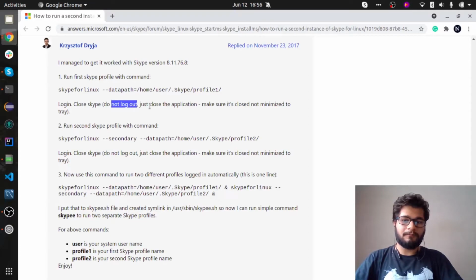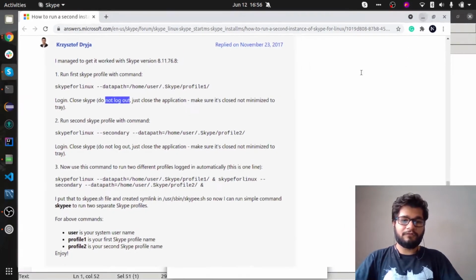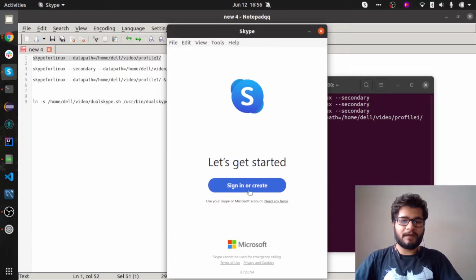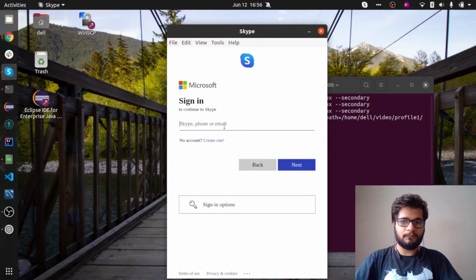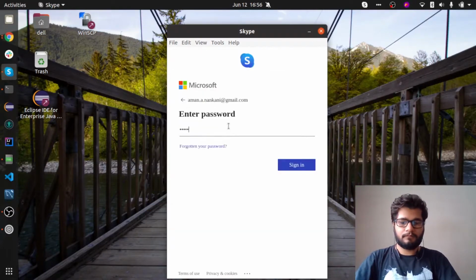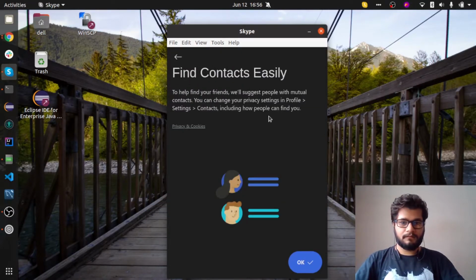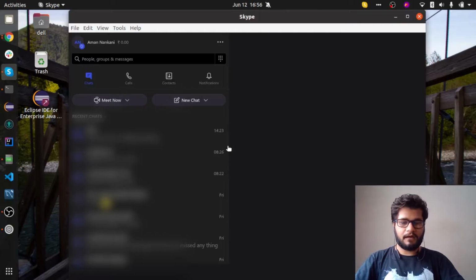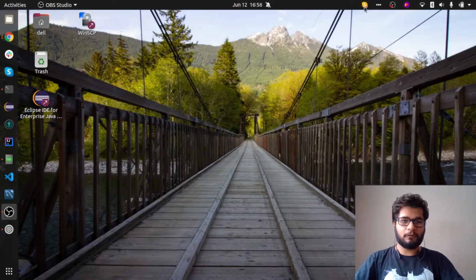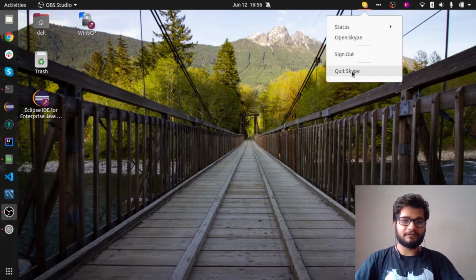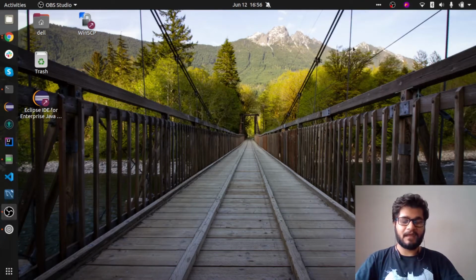Do not log out, but close it. So we'll log in to my primary account. This is the primary one that we are following right now. As you can see, we are logged into this account, and it is open. Now, following the guide, we simply have to quit Skype as well. So I'll be quitting this.